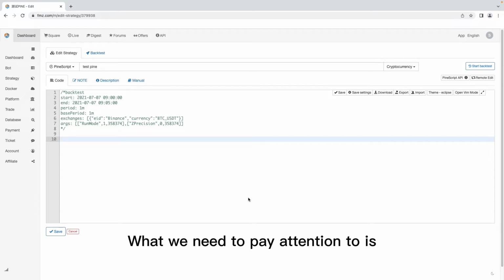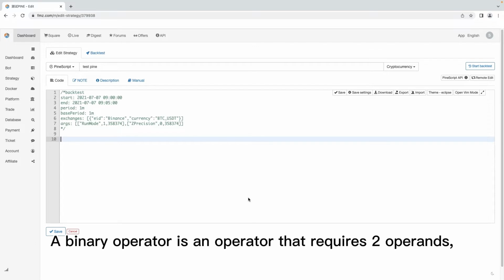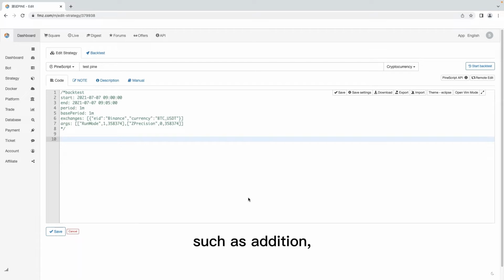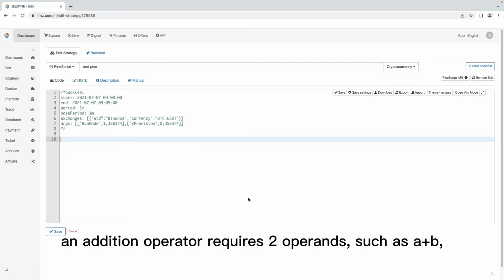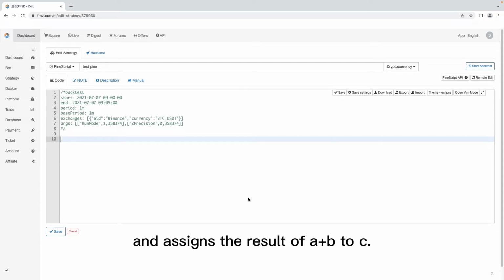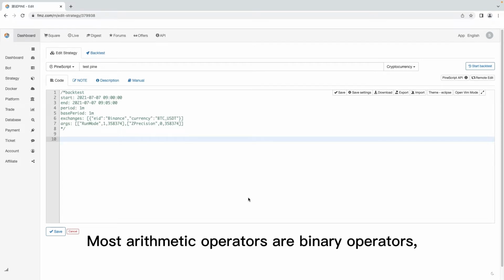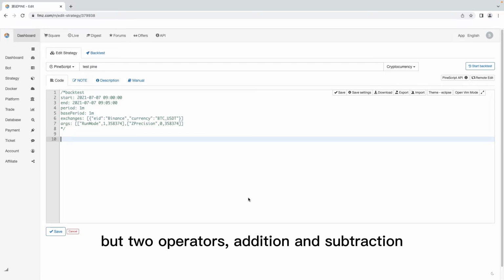What we need to pay attention to is that most of these arithmetic operators are binary operators. A binary operator is an operator that requires 2 operands. For example, an addition operator requires 2 operands, such as a plus b, and assigns the result of a plus b to c. Most arithmetic operators are binary operators, but 2 operators, addition and subtraction, can be used in both binary or